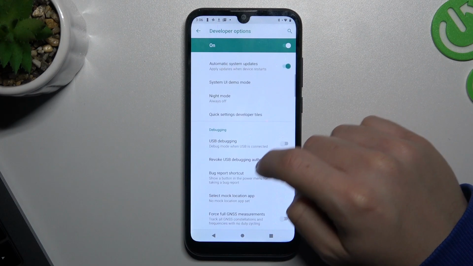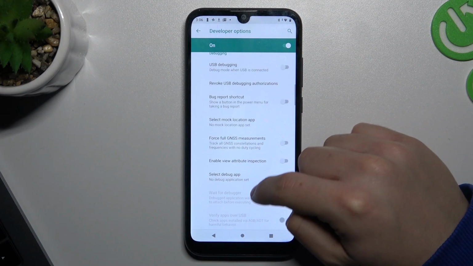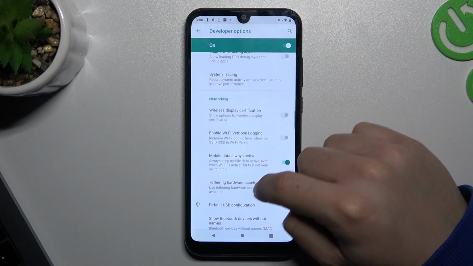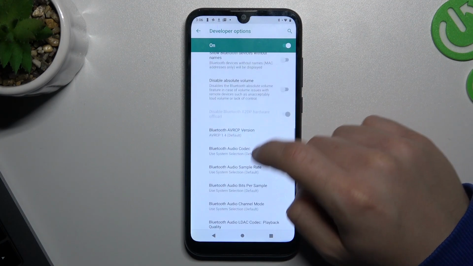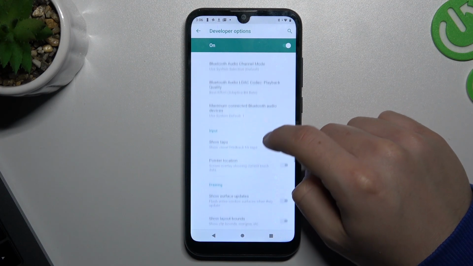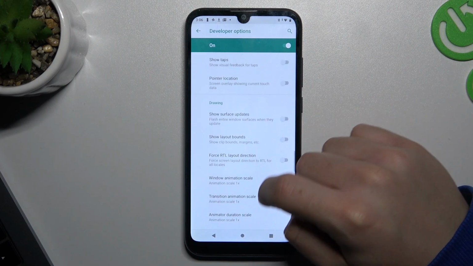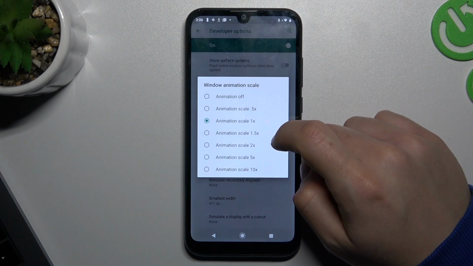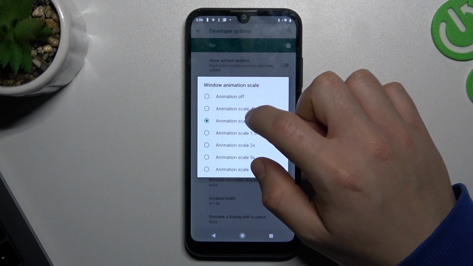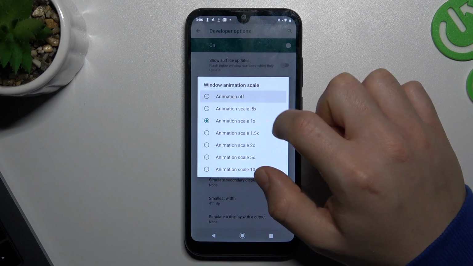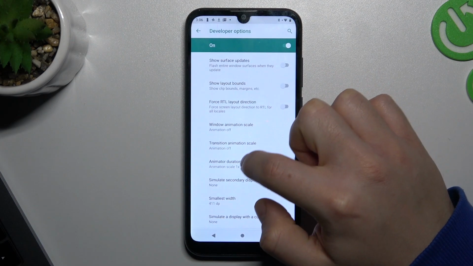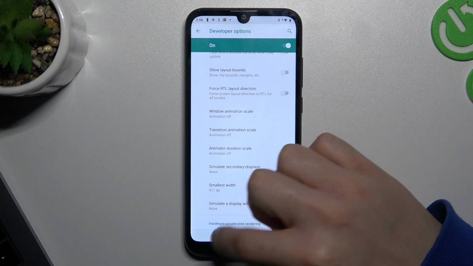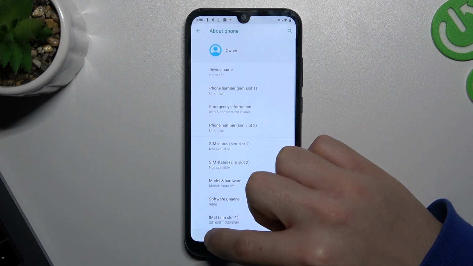And we're looking for one option. Now look for animation scale and set it to off or the smallest one. As you can see, now we don't have an animation of transitions, and your phone should work a little bit